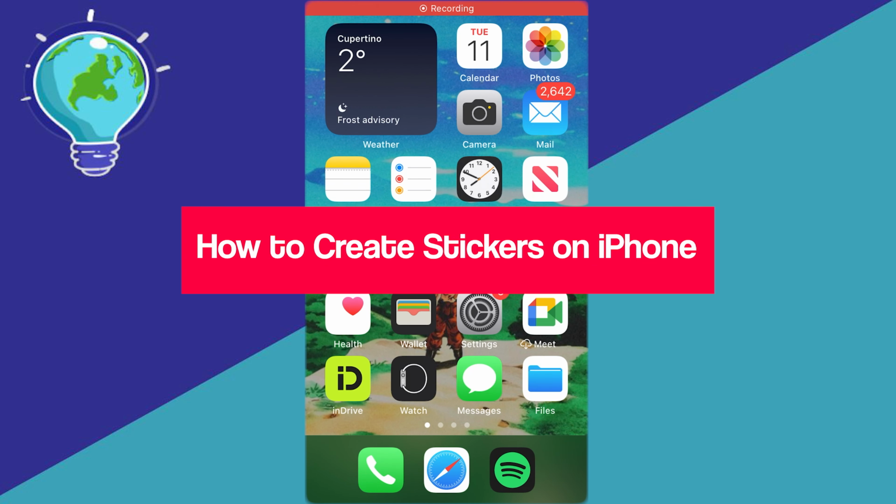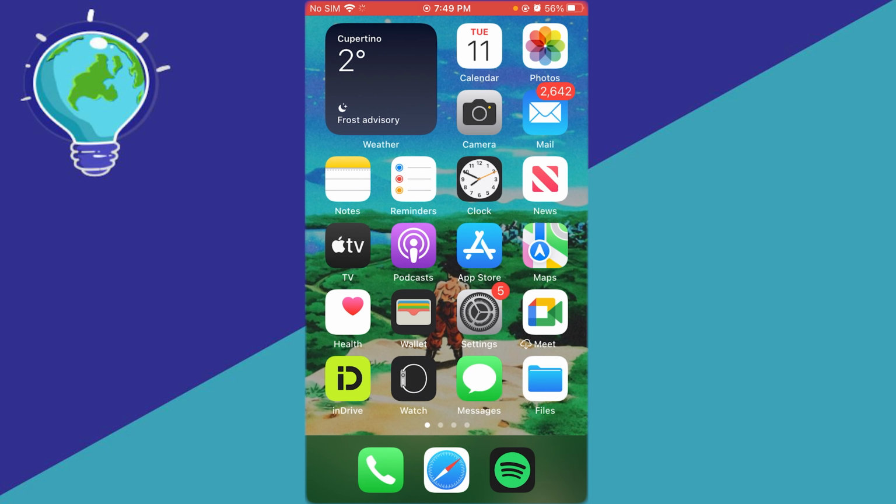How to create stickers on iPhone step by step. In this video, I'm going to be showing you a method in which you can create stickers on your iPhone